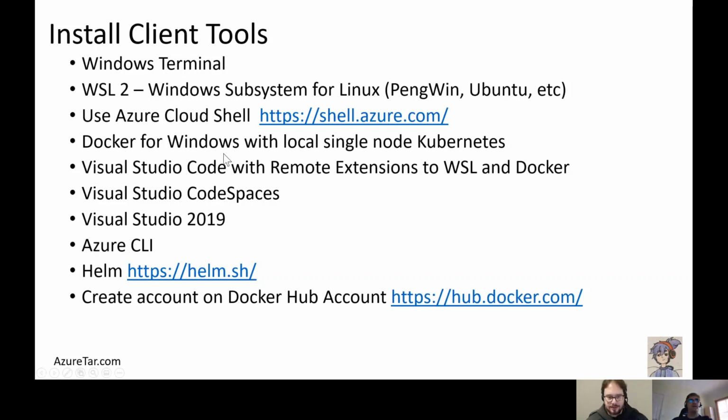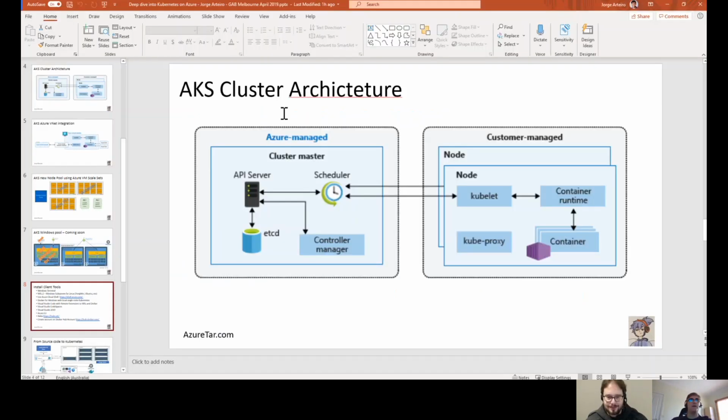Azure CLI, you have available inside the Cloud Shell, but you can install it locally as well. Helm is a package manager for Kubernetes that I recommend you have a look at. And you need a Docker Hub account if you want to publish things and expose them to the public, write blogs, and make Docker images available to the public. But let's go back here and